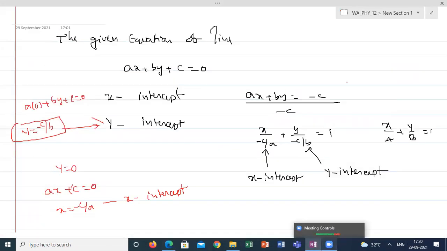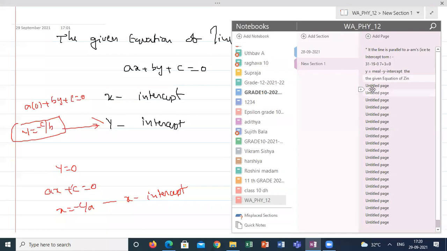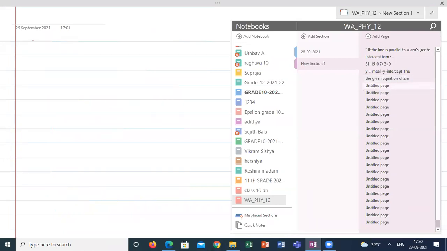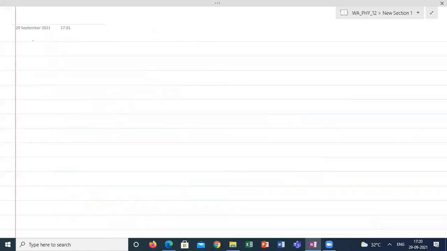Yes, sir. So the next one is the last form, the normal form. It will be useful in many places, but at your level we won't understand where it is used. We have to learn it in upcoming studies, particularly in physics, where these normal forms will be useful in a lot of situations. So first of all, we have to understand what is the meaning of normal.